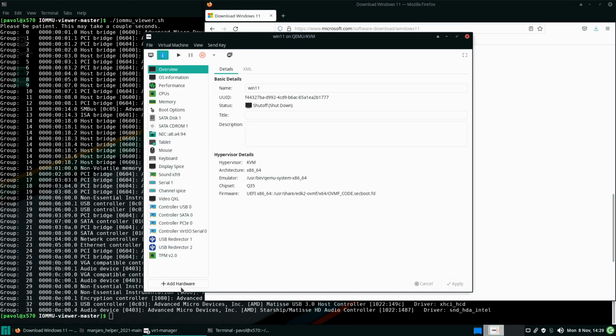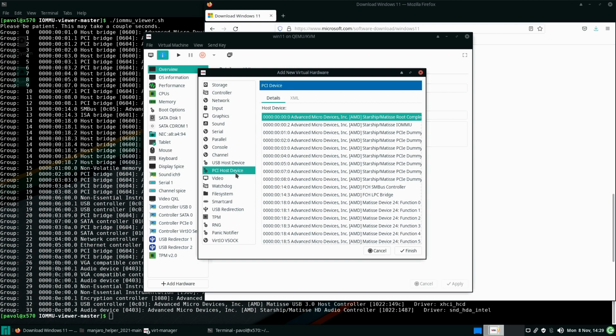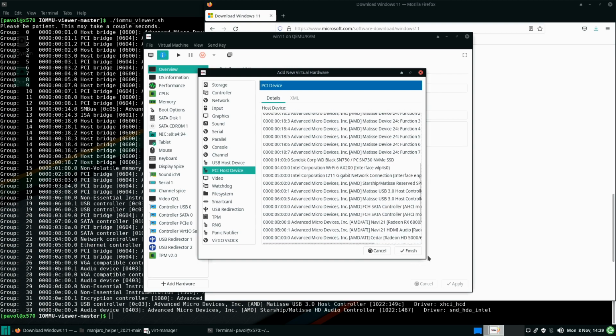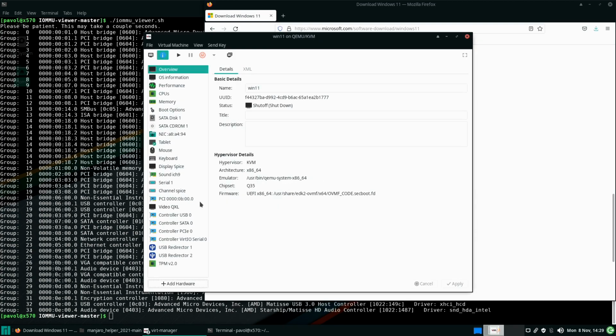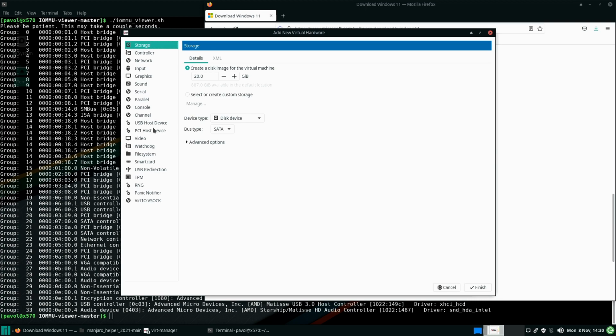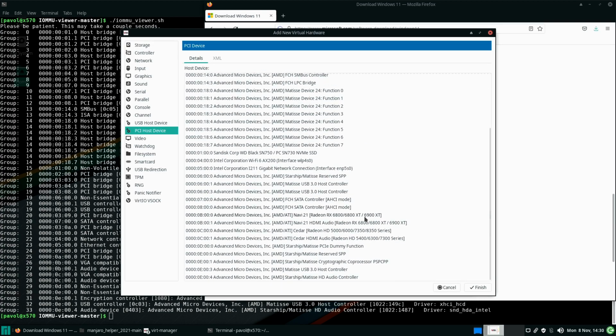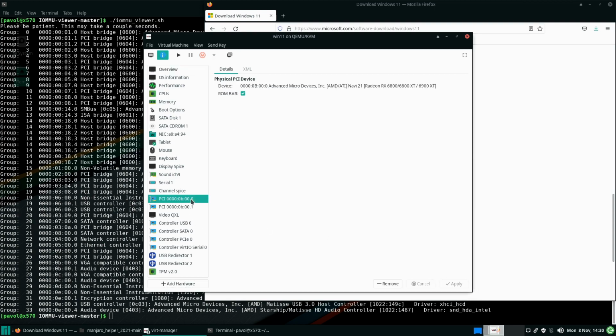Okay, we'll need the actual graphics card, and you'll find it under PCI host devices, and you just have to find which one is the one. So I add this one, and then there is an audio portion, and you want to add that too. So right here, finish. Okay, so we have these two. That's the same graphics card, the video portion and the audio portion. And then you also want